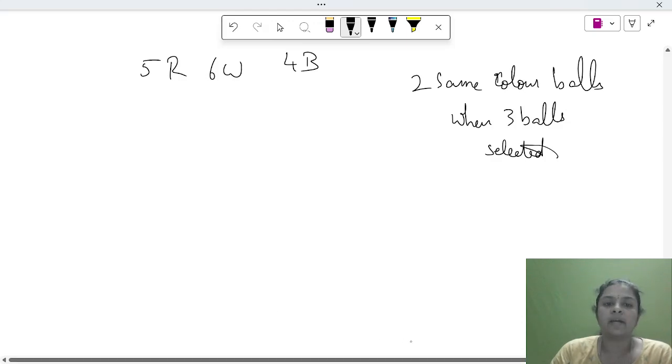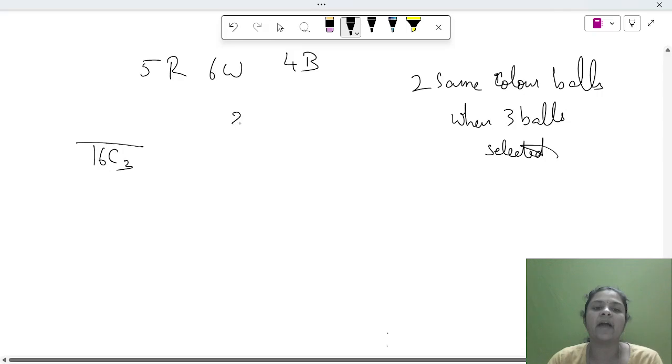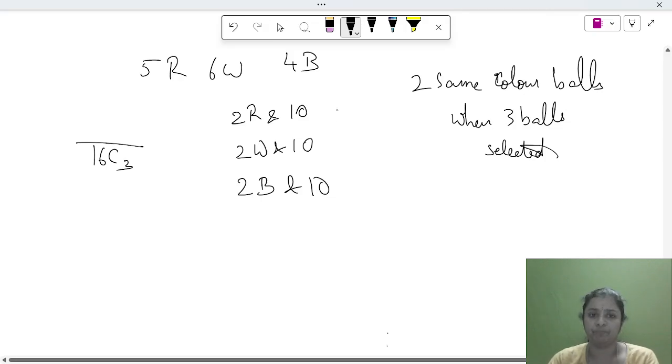So when I want two same color balls, n of S remains the same, 16C3. Now coming to the numerator, I want two balls of the same color. So I can have two red and one other color ball, or two white and one other color ball, or two blue and one other color ball. Now how do I take this condition? Two red, 5C2, and the other color: 6 plus 4, 10 balls are there, from which I can take 1. So 10C1,